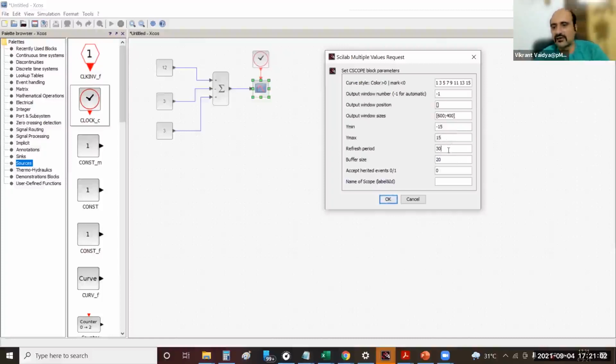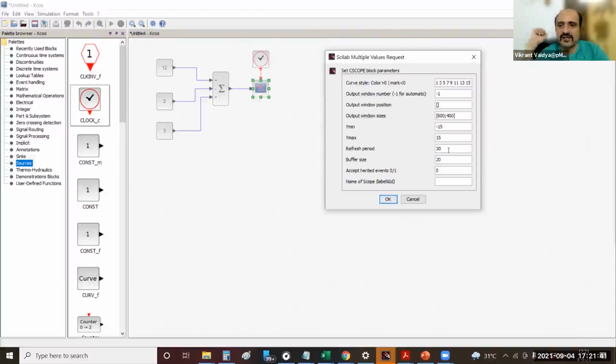Leave it at 30 for the moment. What it shows is, if you are running a simulation longer than 30 seconds, but you want to keep seeing the latest 30 seconds in your window, in your C-scope, then you just set the refresh period at 30. Or if you want to see it every 10 seconds, then you can put it as that. If you don't want the window to refresh, you have to put whatever is your time of simulation. If you are running a 300 second simulation, that is a 5-minute simulation, you can actually put 300 there. So the unit of that is seconds.